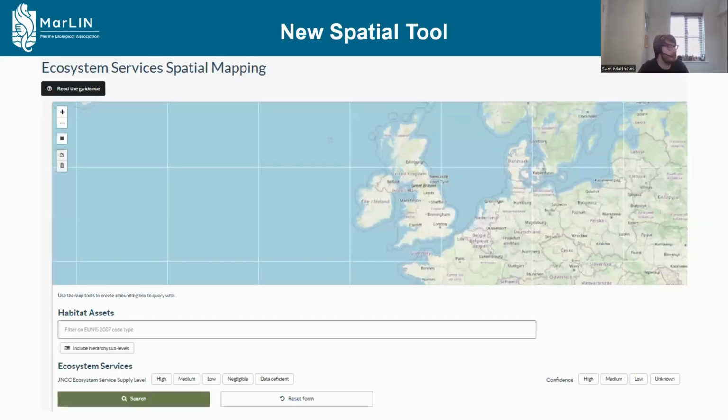So without further ado, this is what the spatial tool looks like on Marlin's website. The main reasoning for creating this new spatial tool on top of the original USM is to allow users to better visualize where the habitat assets are in the UK and work out what ecosystem services they may provide. It also allows more users and use cases for anyone wanting to apply it to any